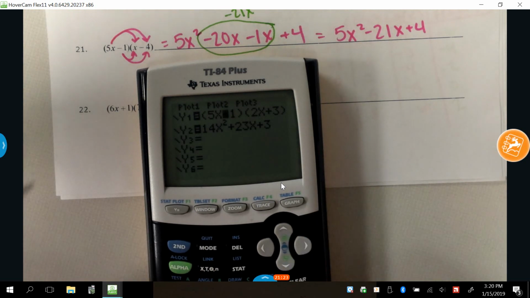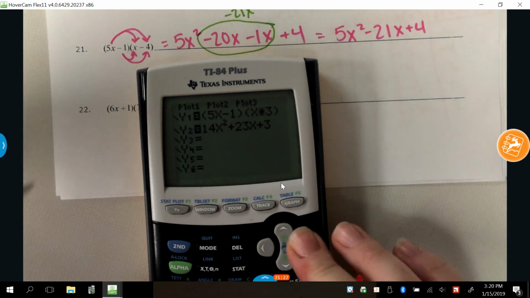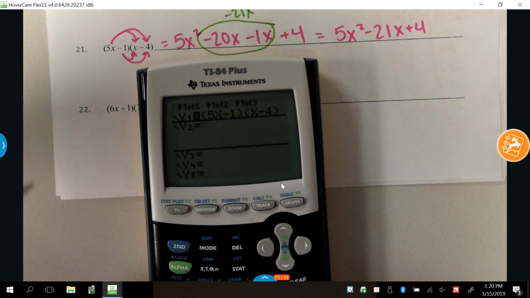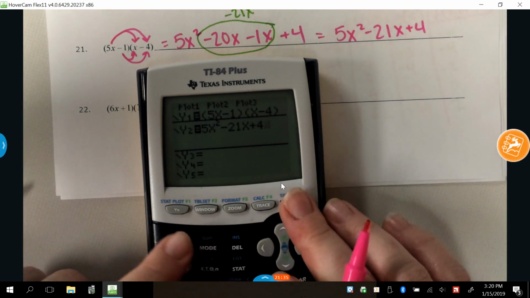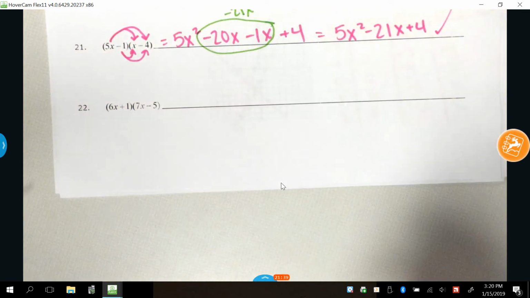5x minus 1, x minus 4. We got 5x squared minus 21x plus 4. It all matches, so that's right. Last but not least,